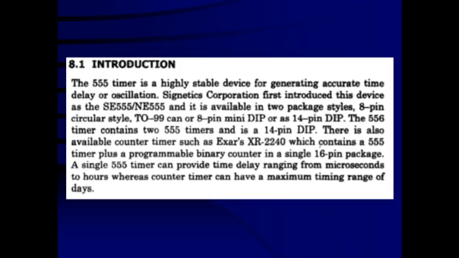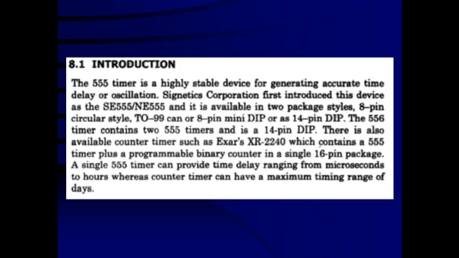So there is a metallic IC CAN, and just like in a transistor there are 3 pins, but here there will be 8 different pins at the bottom. So this is called the 8-pin circular type. And there is another way it is available, like a dual inline package, but instead of 14 pins, it is an 8 pin IC, 4 pins on the lower side and 4 pins on the upper side.